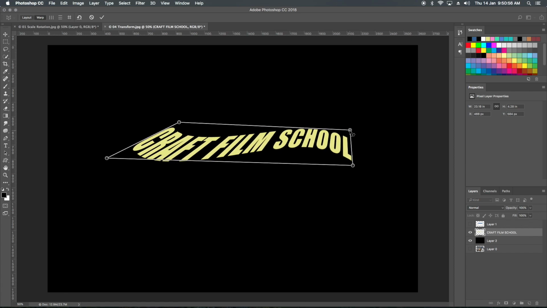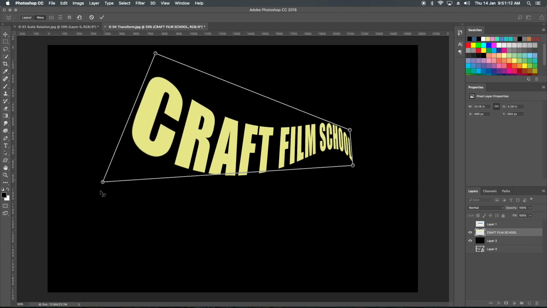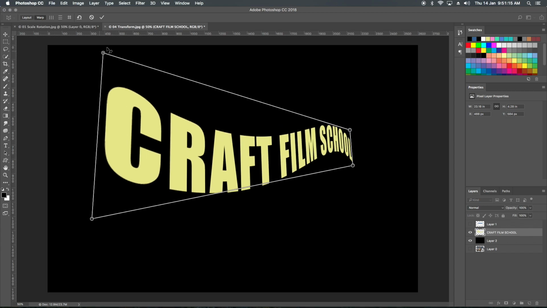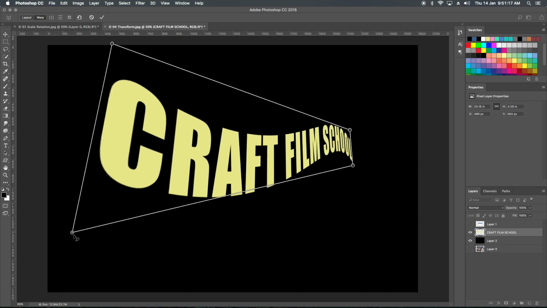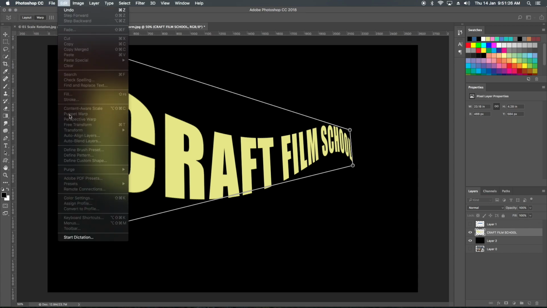This is the skew, but what we are doing is warping. So in warp, everything is included: skew, distort, perspective, because we are warping, we are meshing the things, है ना? So you can see we can create these kinds of effects, but this is not possible with any filter. It is only possible with image, edit and perspective warp.